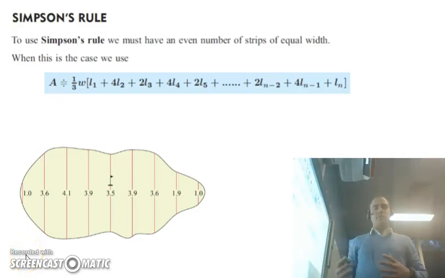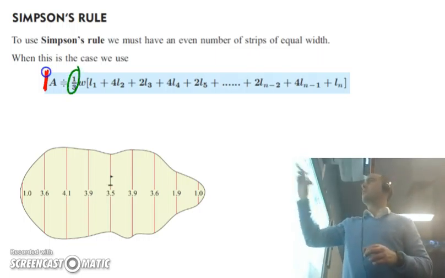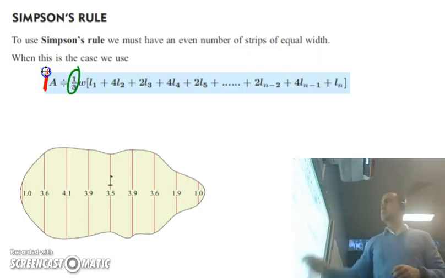We're going to have a look at Simpson's Rule, which is a rule that we use when we're finding the area of an irregular shape. So it's slightly different to the trapezoidal rule, only in terms of the formula that we use. This one uses a third of the width, W standing for width,